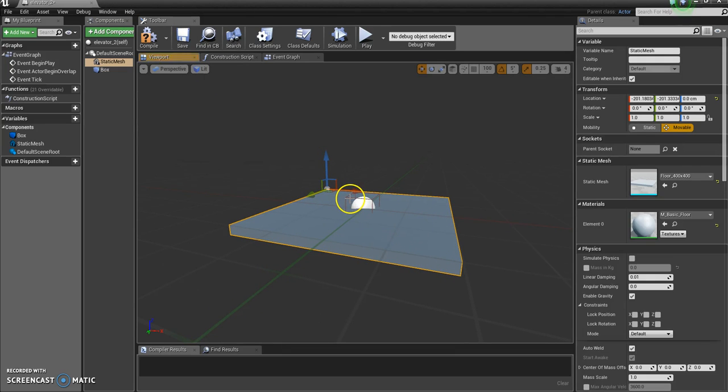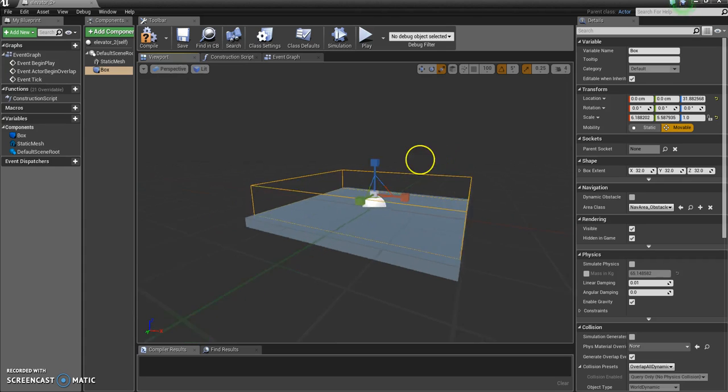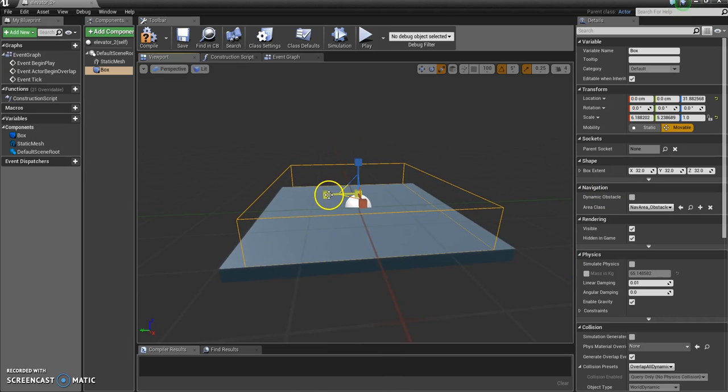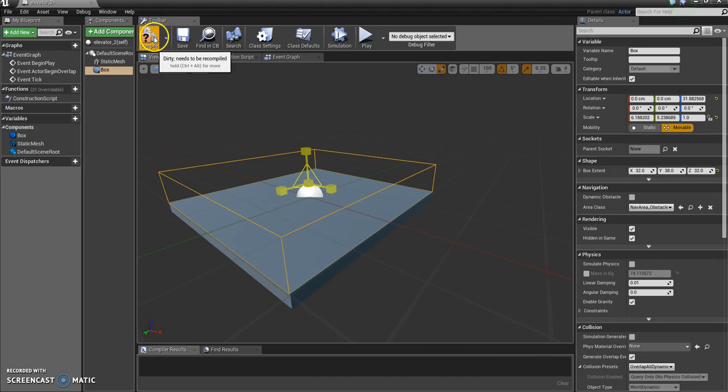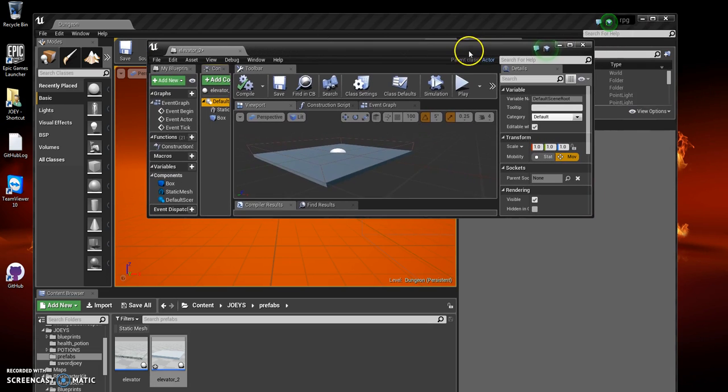Okay, now we'll scale. There, just our box, just on top of the mesh, and we'll scale it to the width and depth. We can use .38. Lucky number. Compile. Okay, so we'll go look at the other blueprint, which is already finished,